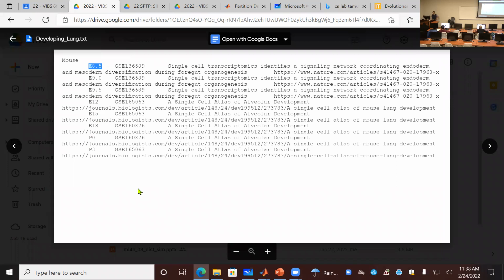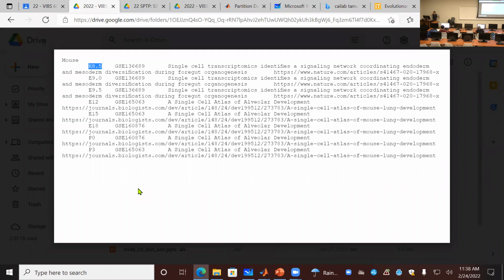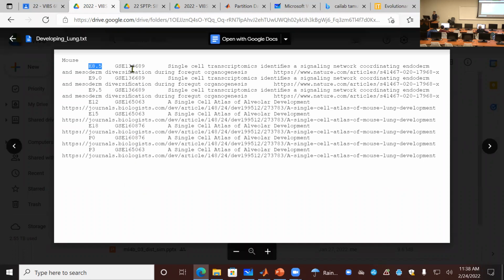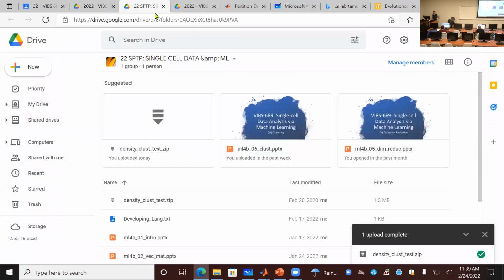So there are multiple samples from mouse lung, and individually they processed them with single cell RNA-seq. So the data set we need, for example, if we need the 8.5 data set, we need to go to this GEO accession number and go to this record. So I'm going to do